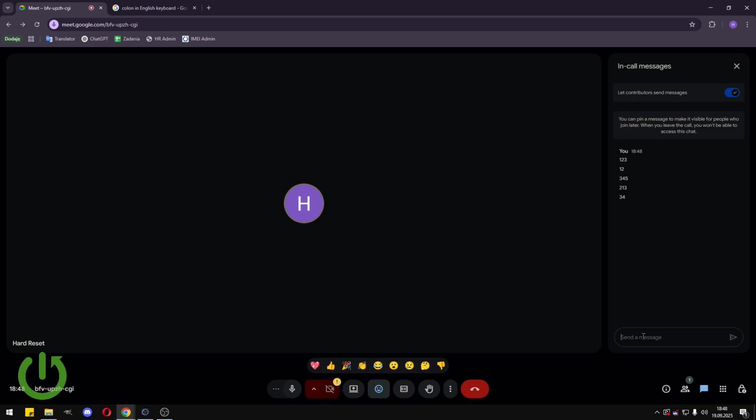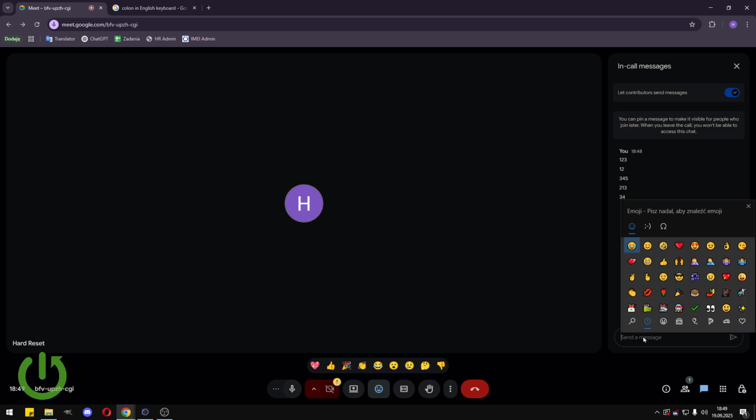To launch the emoji menu, we need to hold the Windows key and then click on the colon button. We need to first hold the Windows button, then when we are holding it, we need to click the colon button and the emoji menu will appear. Just like that. And now we have the list of emojis that we can use